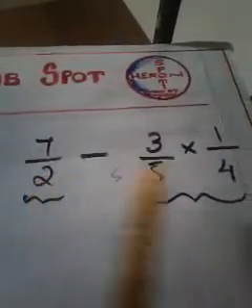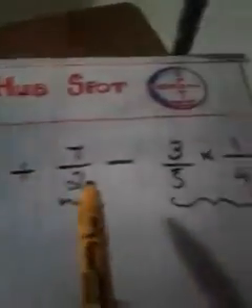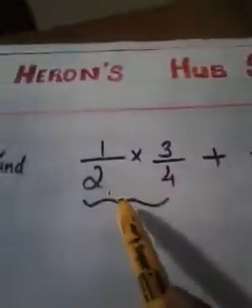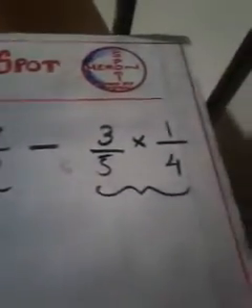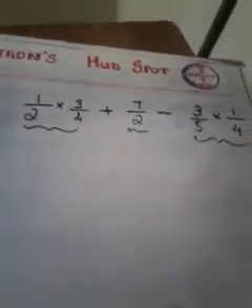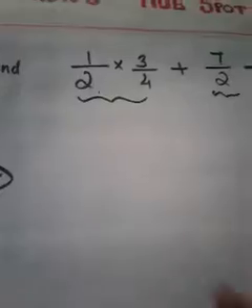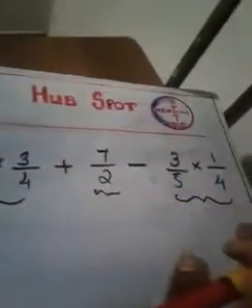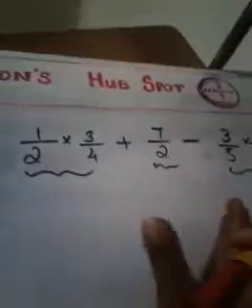Now we compare these terms. First and second term: no common fraction. First and third term: no common fraction. Now we compare the second and the third term. Is there any common fraction? No. At first look there may not be any common fraction. So that doesn't mean this question is wrong. You can expect this type of question also. That means this is a tricky question.